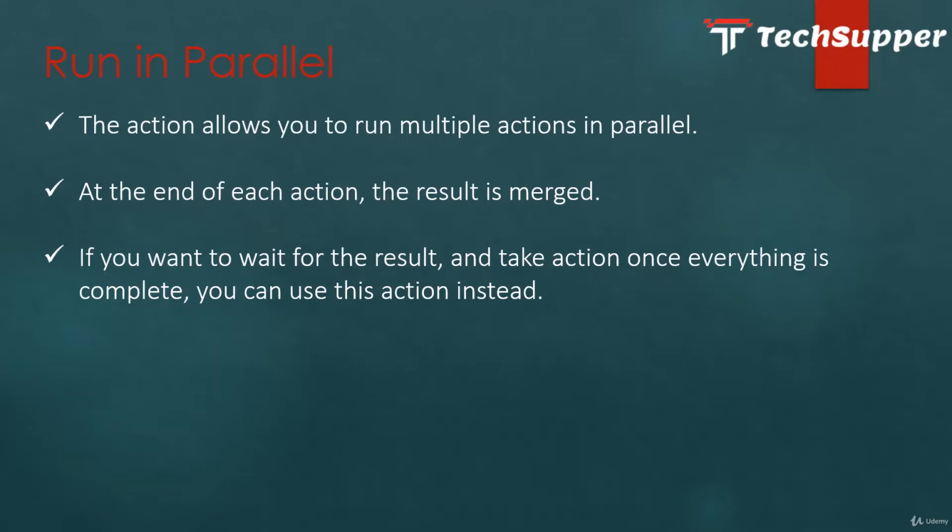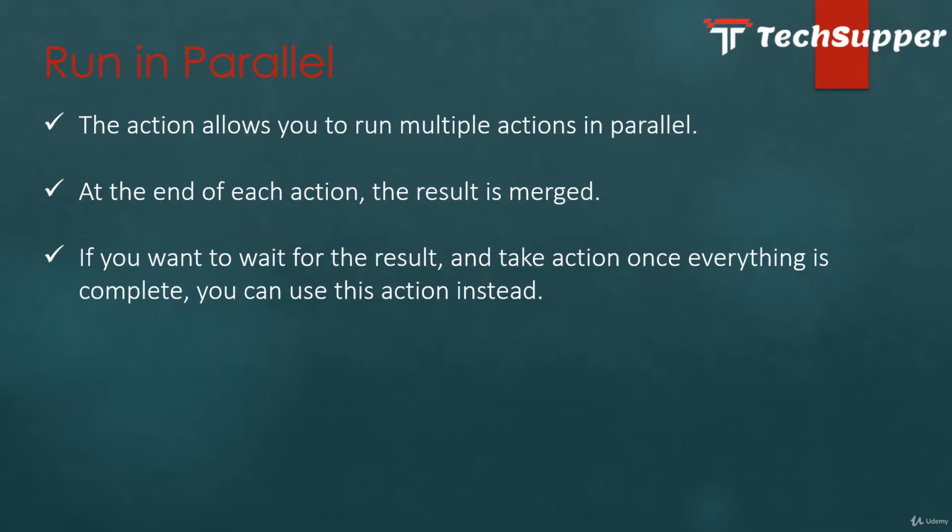Let's suppose you are executing two backend REST APIs, one API, second API in parallel, and the third a business object, right? Once all these activities are executed, at the end of each action, the result is merged. If you want to wait for the result and take action once everything is complete, we can use this action instead. So I will take you to the VBCS screen and show you how to use this activity and